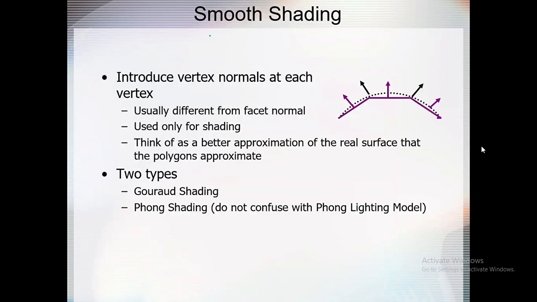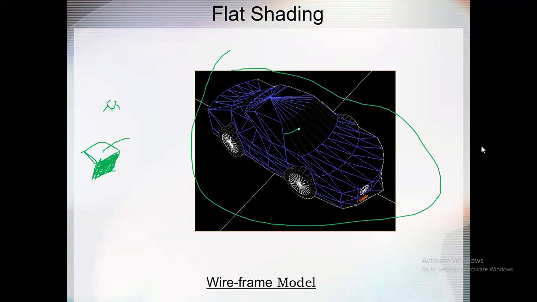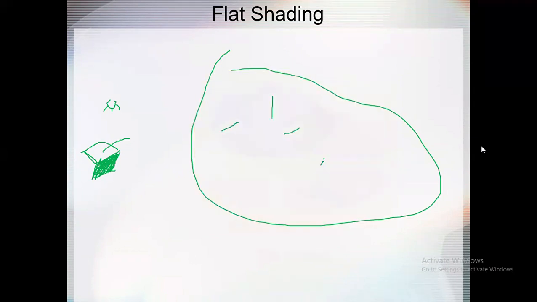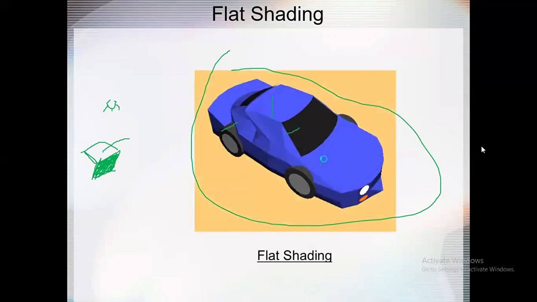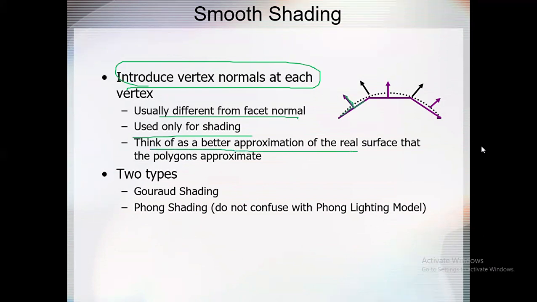সো হাউ উই ডু দ্যাট? আমরা প্রত্যেকটা পলিগনের জন্য, দ্যাটস মিন ফর দিস পলিগন, ফর দ্যাট পলিগন, উই আর চুজিং ডিফারেন্ট ইন্টেন্সিটি। বাট স্মুথ শেডিং এ কি হচ্ছে? স্মুথ শেডিং এ আমরা বলতেছি যে ইন্ট্রোডিউস ভার্টেক্স নরমাল এট ইচ ভার্টেক্স। Usually different from facet normal, use only for shading. তাহলে think as a better approximation of the real surface।